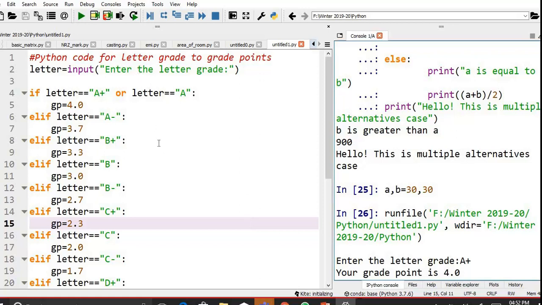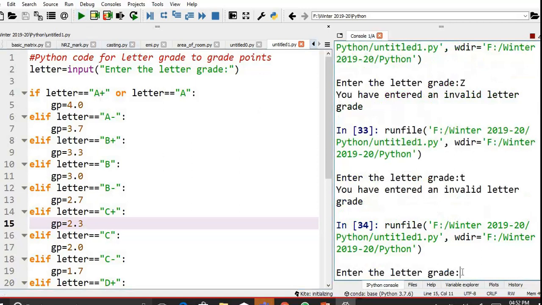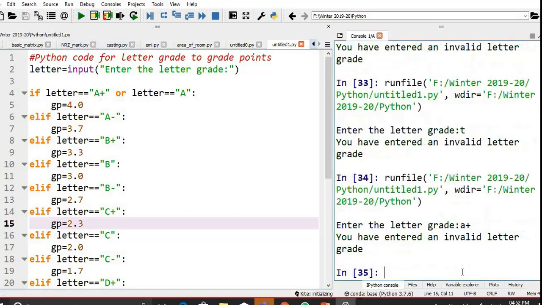Say A plus. There will be some students who won't follow the instructions clearly. Instead of capital A plus, they will enter small a plus, and they say that they have entered a valid grade, but your program is not displaying it, even though they know the grades as per the question are in capital letters.